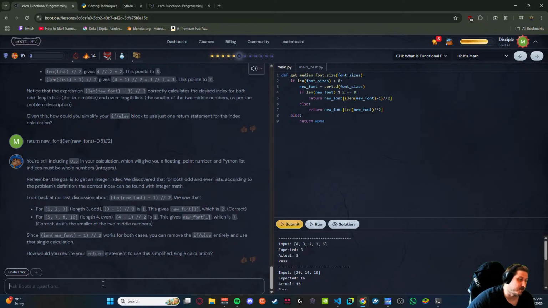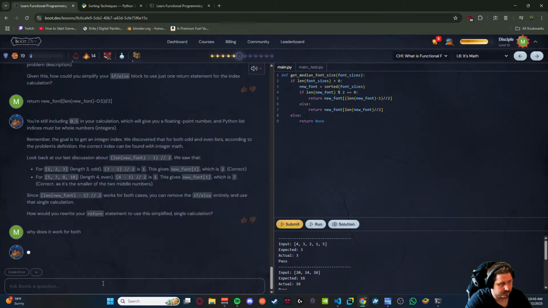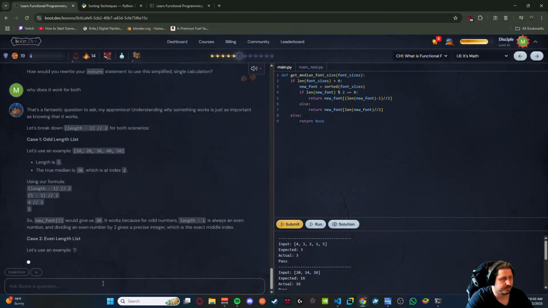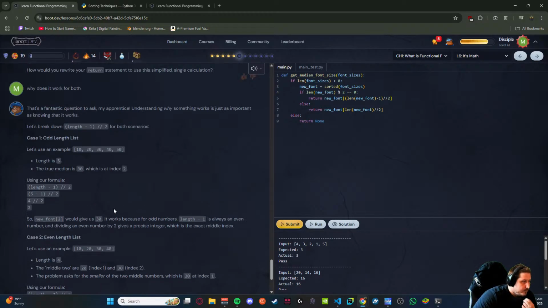Why does it work for both? One's 4, okay. For both, let's break down. Okay, odd length would be the second one.